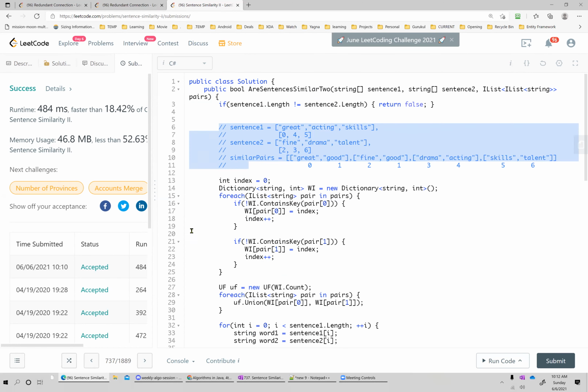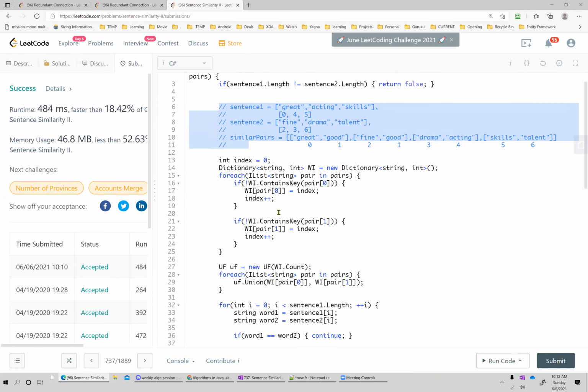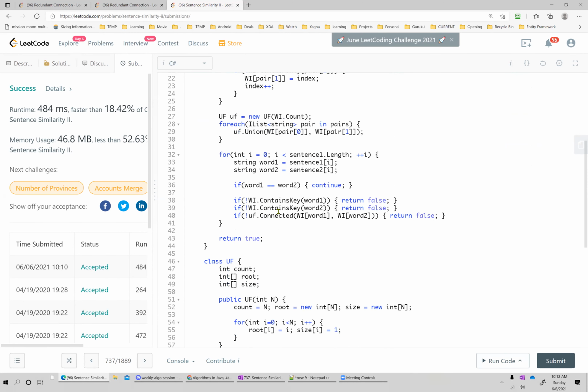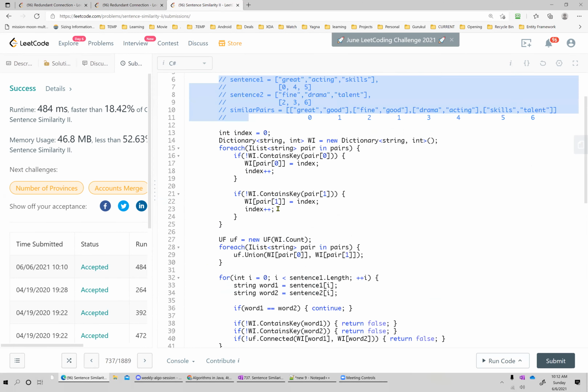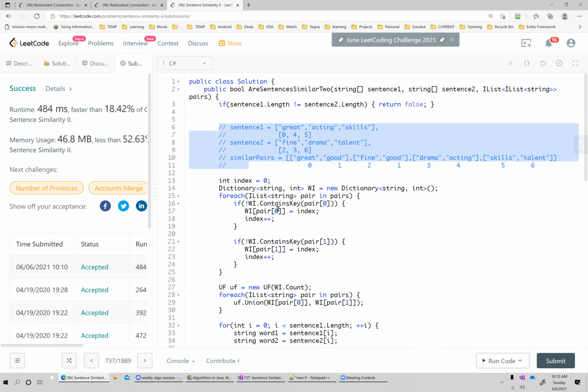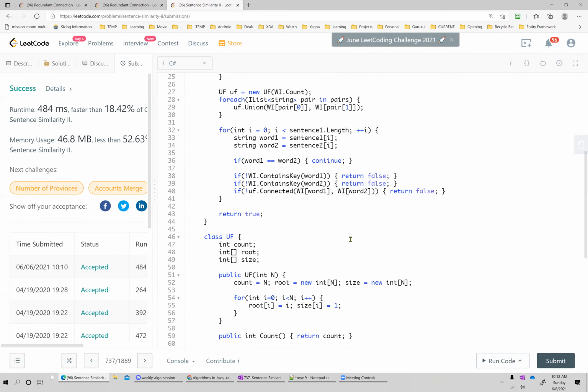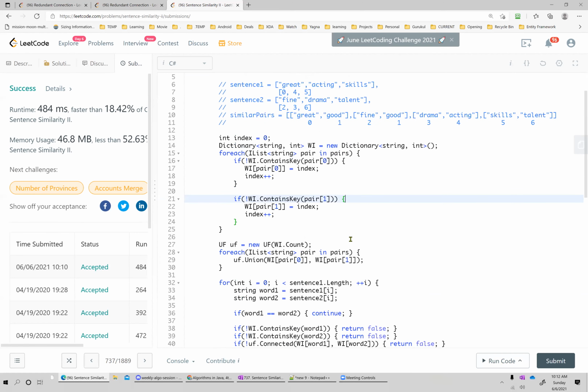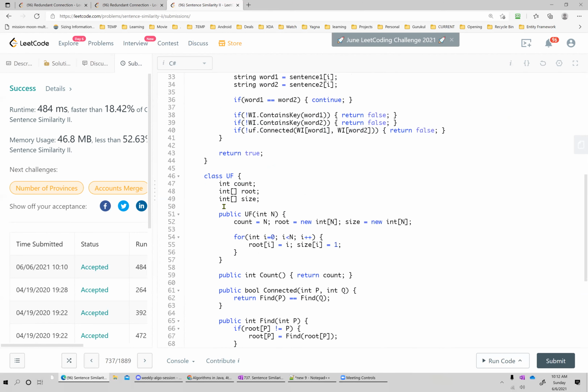I'll put this solution also, but it is simple. One thing is that the number of lines of code is very large if you go for Union Find, you have to consider it.